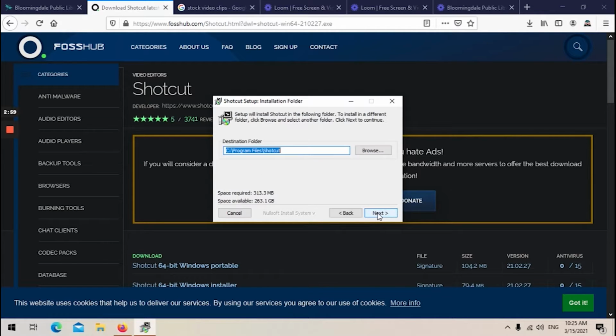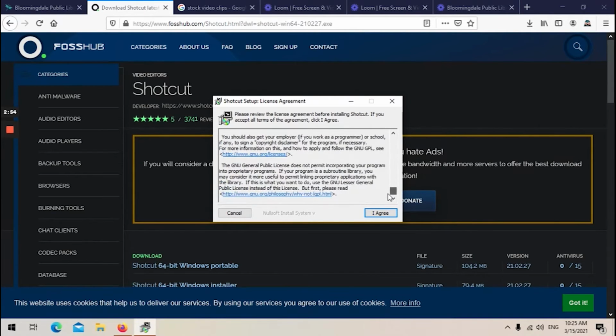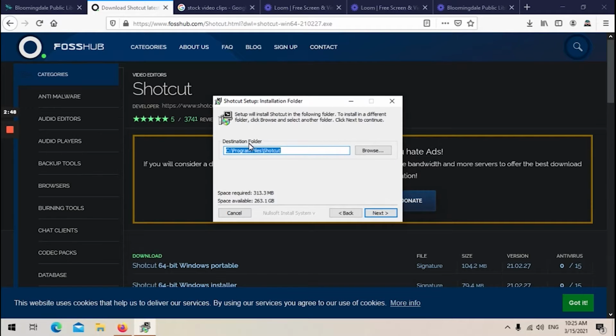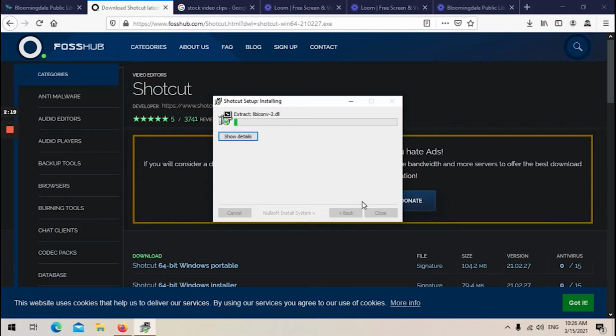So go ahead and press agree. If you want to read through that, go ahead and do so. You just kind of scroll down here and make sure you're aware of the license agreement, and you decide where you want to install Shotcut, and you see that you have enough space. It's requiring 313 megabytes altogether. We do have plenty of space, so we'll go ahead and press next, and we can create some options here. I'd like to have a desktop shortcut. Select install. It may take a minute or two, but after the installation process